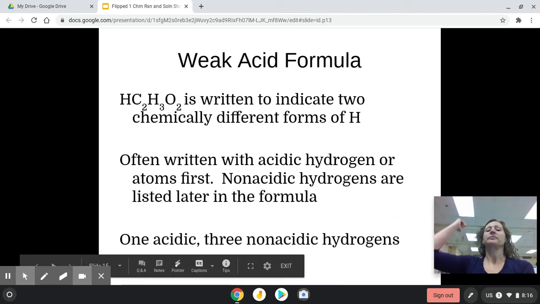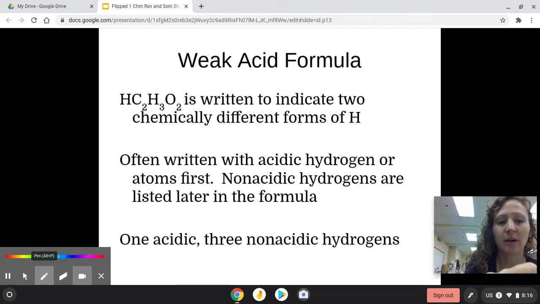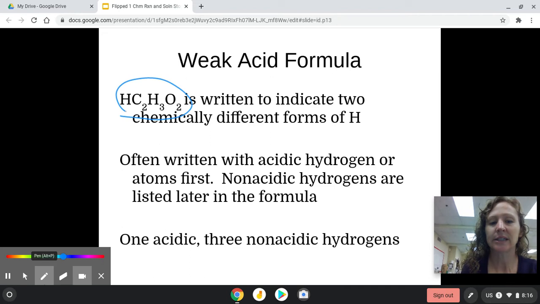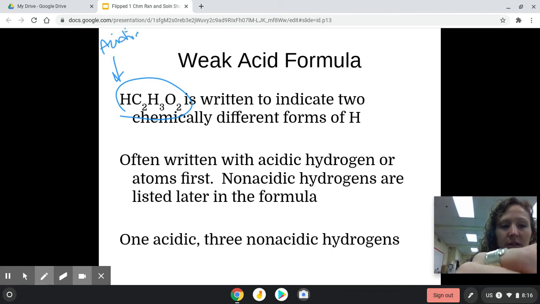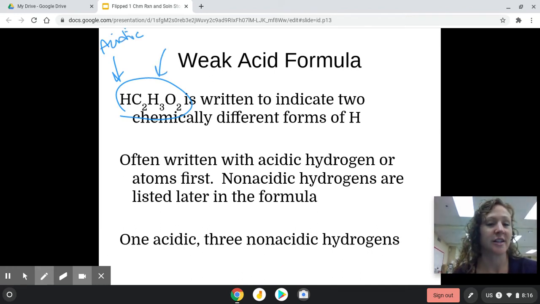Okay. A couple notes here. Notice that ammonia is written to indicate 2 different hydrogens. So this first hydrogen is an acidic hydrogen. These other 3 hydrogens are not acidic. They will never dissociate ever. And if we look at the actual molecule itself,